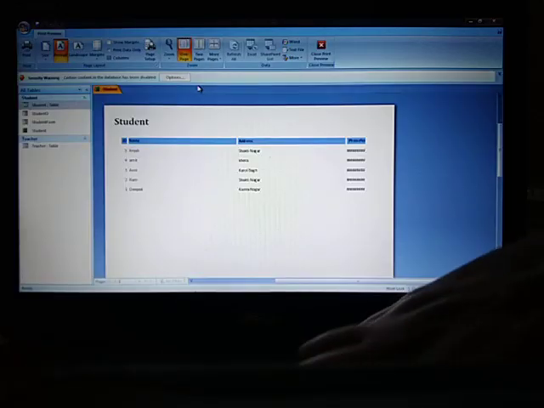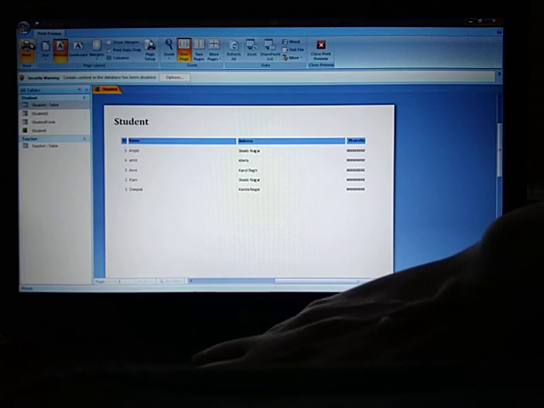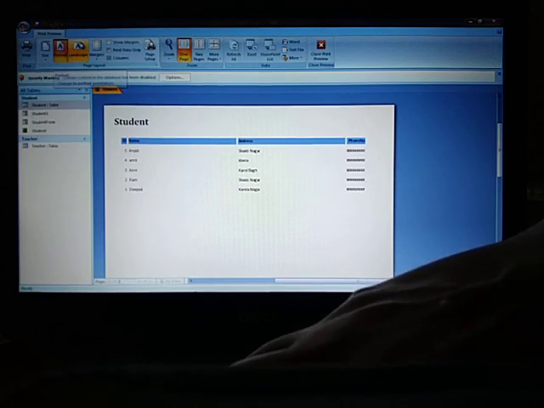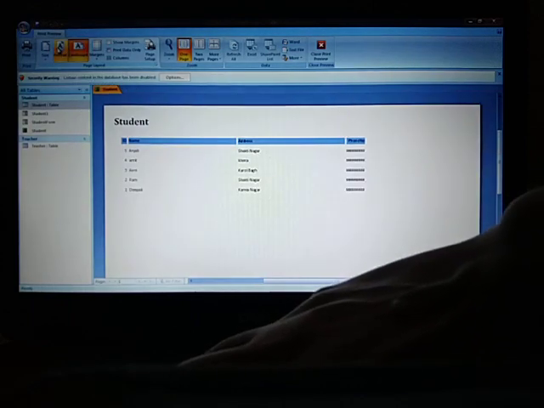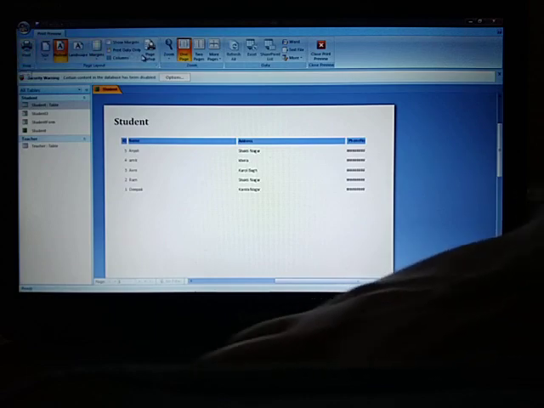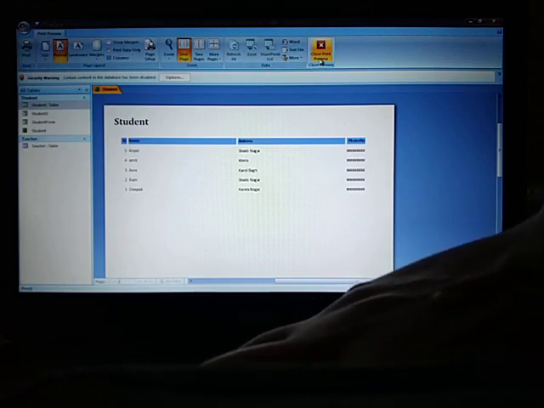In the report you can also take a printout. See, the print option is available. You can choose whether you want to print in landscape or portrait, and then click on Print if you want to take the printout.